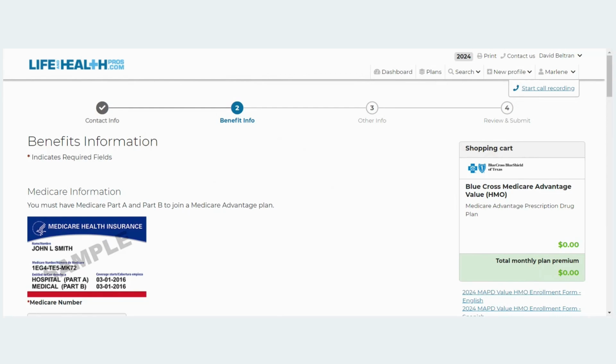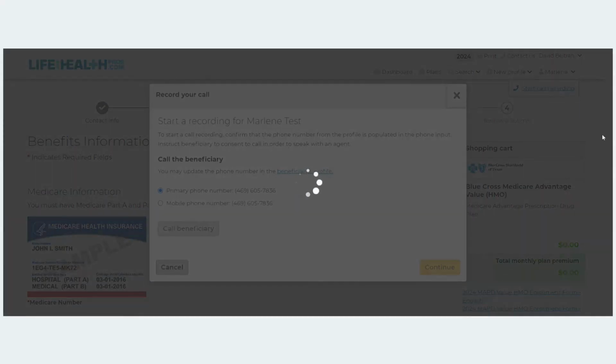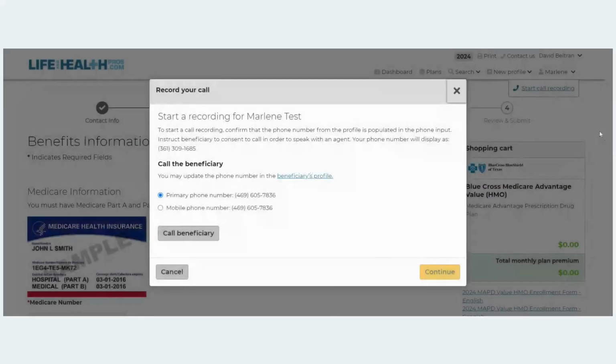Through Connecture, you guys can make the call, and then it will save the call on the actual profile as well. And it's real simple to make the call. So right now we're under Marlene's test profile. All we have to do is go up here on the top right hand side, do start call recording,